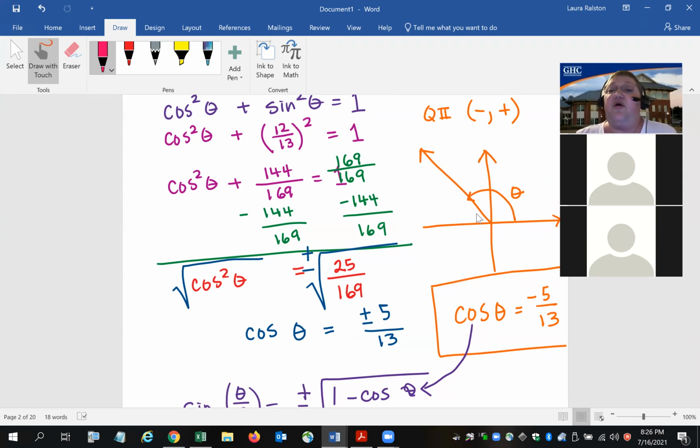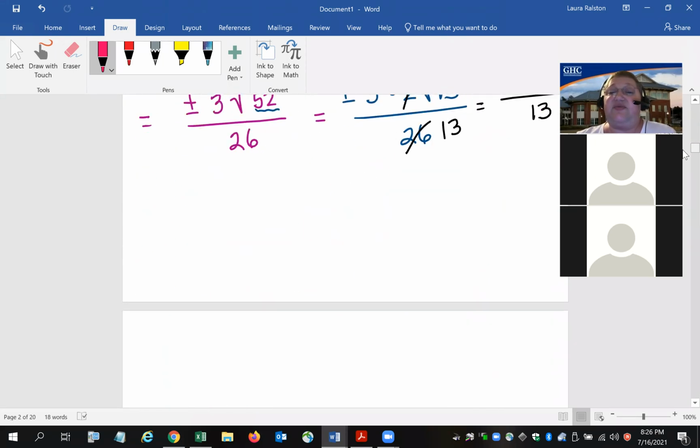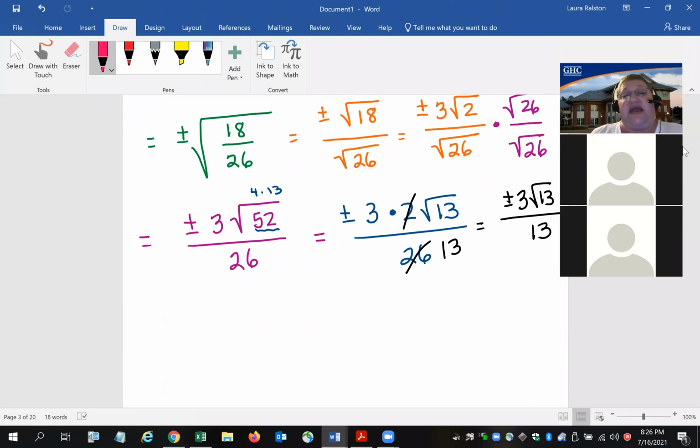In quadrant 1, the x value or the cosine is positive and the sine is also positive. So the sine of the half angle is also going to be positive. So ultimately my answer is the sine of theta over 2 is the positive 3 square root 13